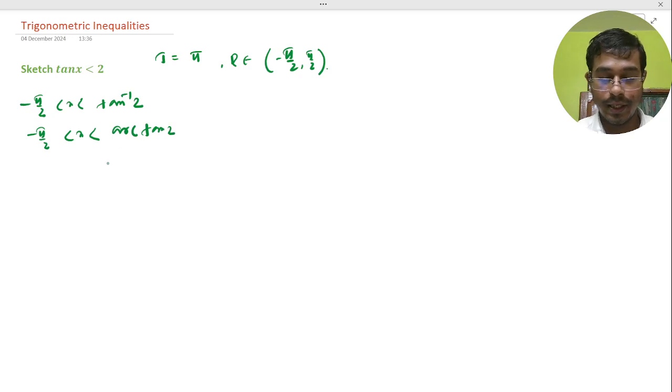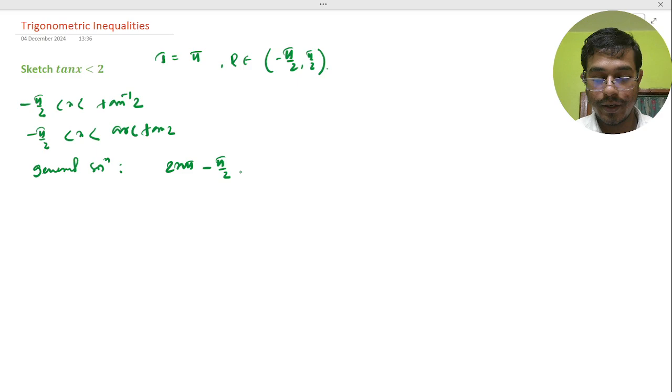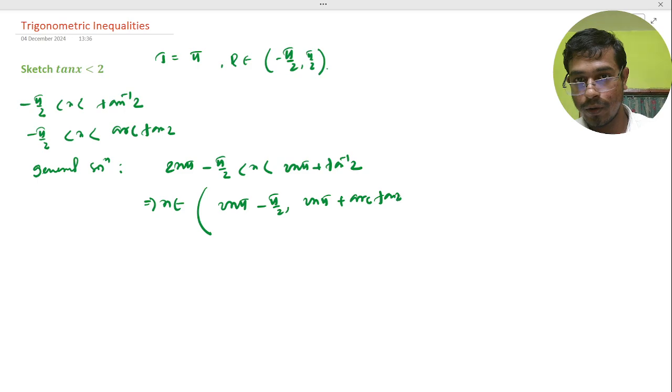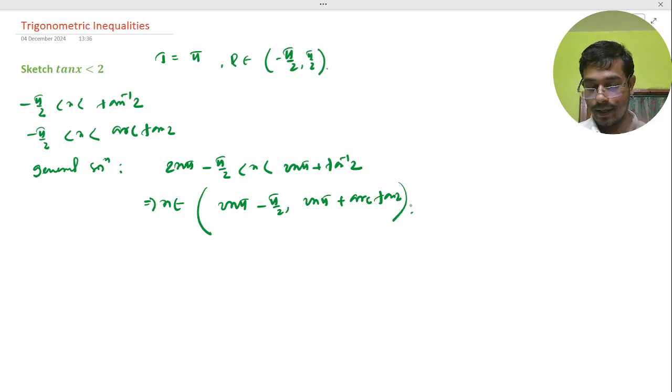Basically the general solution would be 2n pi minus pi by 2 less than x less than 2n pi plus tan inverse 2. So n belongs to integers, 2n pi minus pi by 2 and the other one is 2n pi plus arc tan 2. So arc tan 2 is our final answer, and to draw this inequality we just plot